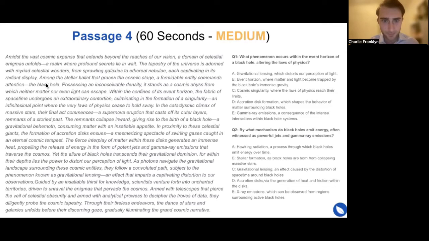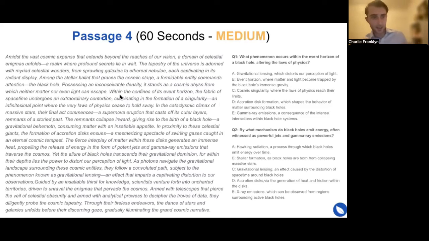Yeah, black hole. Okay. So among the stellar ballet that graces the cosmic stage, a formidable entity commands attention, the black hole. Possessing an inconceivable density, it stands as a cosmic abyss from which neither matter nor light can escape. Within the confines of its event horizon, the fabric of space-time undergoes an extraordinary contortion, culminating in the formation of a singularity. An infinitesimal point where the very laws of physics cease to hold sway. And so I'd say which phenomenon occurs within the event horizon, I would say it is